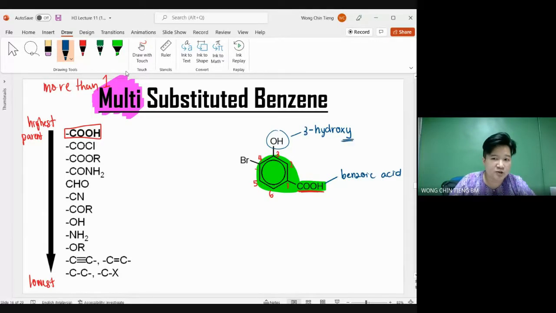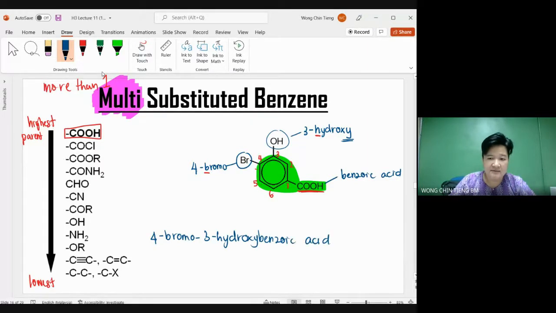Tengok spelling, check spelling. Kat sini adalah bromo, so 4-bromo. And then you go for your substituent, you go for your alphabetically order, H dengan B. Definitely B come first. Therefore, nama penuh 4-bromo, 3-hydroxy. Alright, L tak ada hydroxy sahaja. Benzoic acid. As simple as that. Itu maksud dia